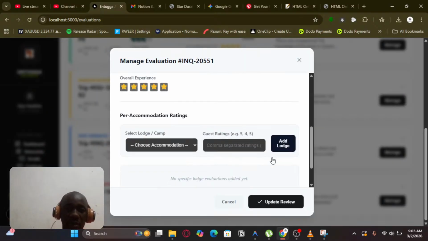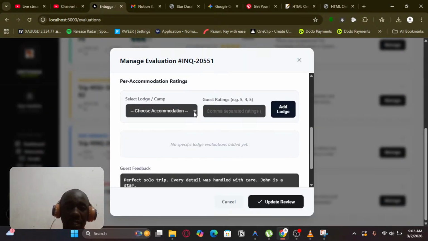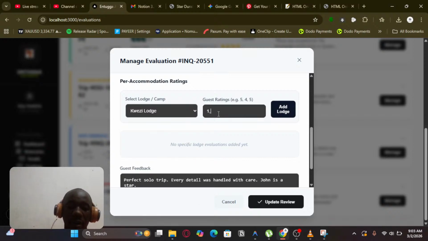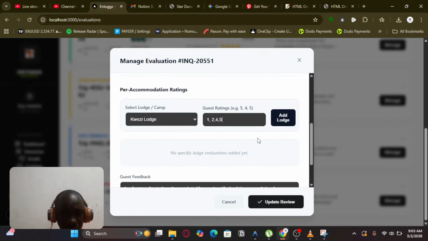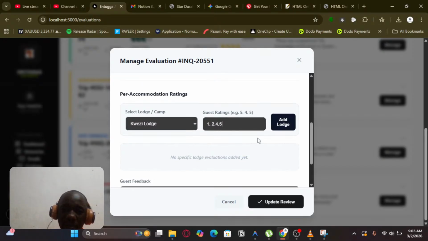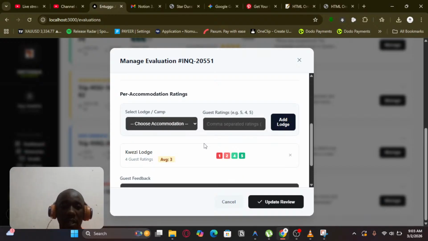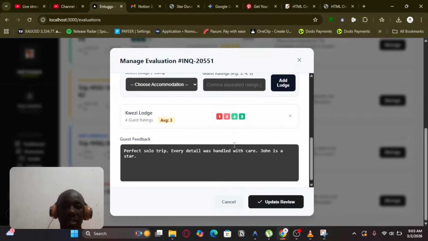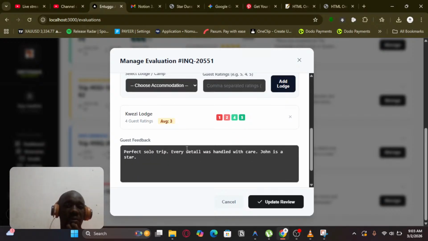This screen is also very simple. You can manage the trips that you've already completed. And then you can give, let's say clients have given various ratings. All the hotels are rated out of 5, so you can add a rating for the lodge. This lodge didn't have any rating, so like the way I've entered this, then